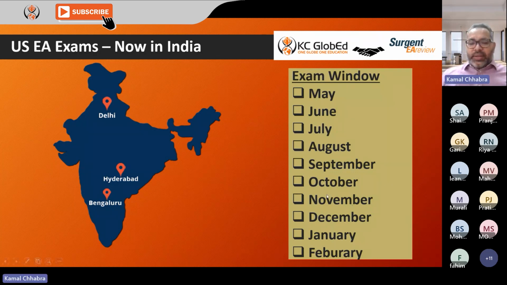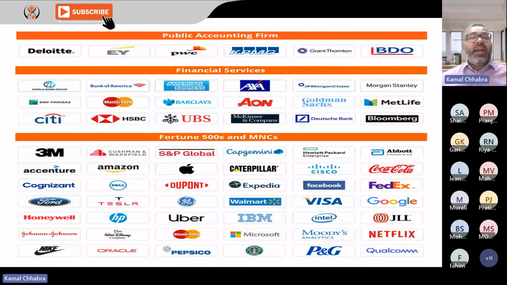Now, a student asked which companies generally hire most of the enrolled agents. Most of the enrolled agents are absorbed by consulting firms. Some of you might have heard about these companies, but if any of you are not aware, then we have our best friend, Naukri.com and timesjob.com. Whatever I am discussing over here, go back and look at Naukri.com and timesjob.com. You will see what I'm saying is absolutely right.